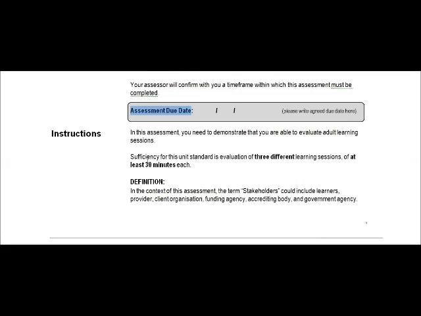So let's have a look at the instructions. In this assessment, you need to demonstrate you're able to evaluate adult learning sessions. So it's all about evaluation of training. Now, sufficiency for this unit standard is evaluation of 3 different learning sessions where each session is at least 30